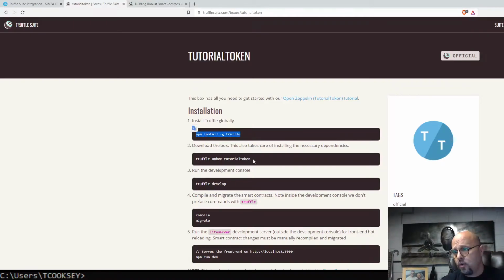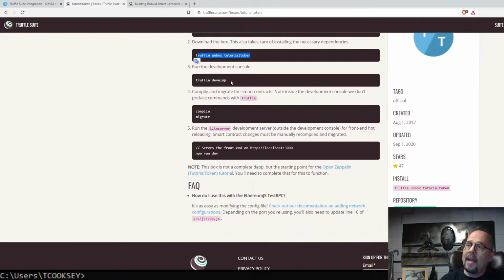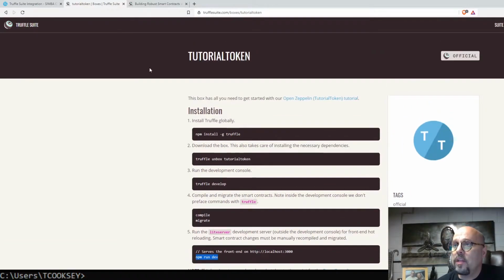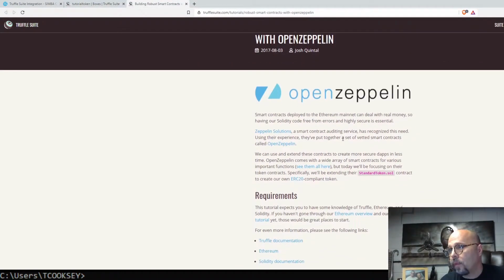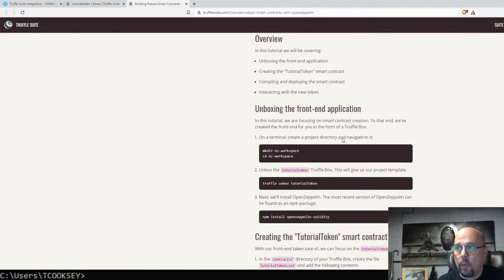And this is going to get Truffle installed, unbox that token, and then it's going to go ahead and compile that and get that set up in your local environment as a server and run that up as an app. And then after you're done with that, you can go in and actually look at the setup of the token. So now we're ready to go ahead, and this is the workspace that you see I have out here,